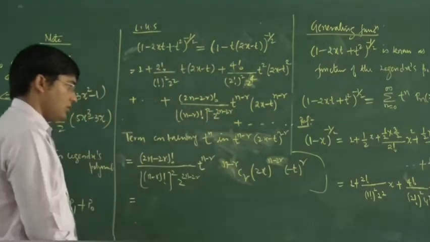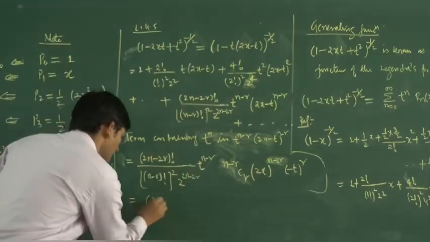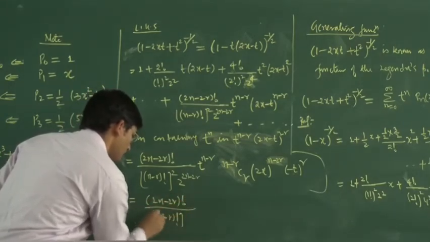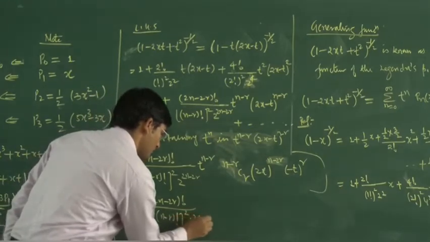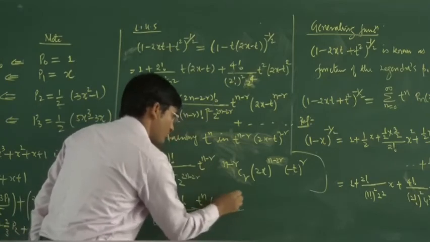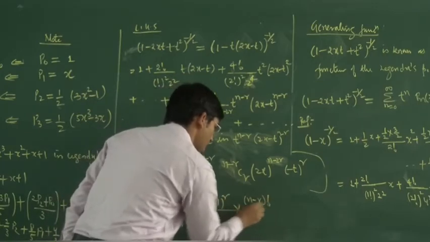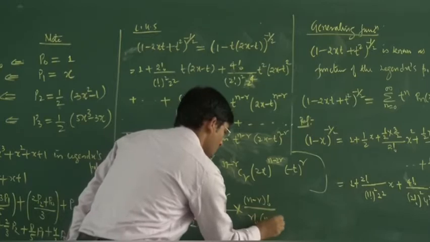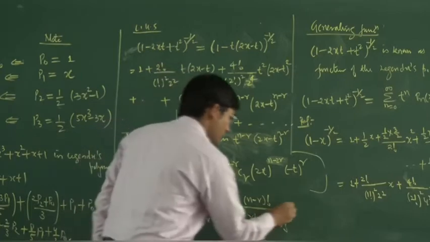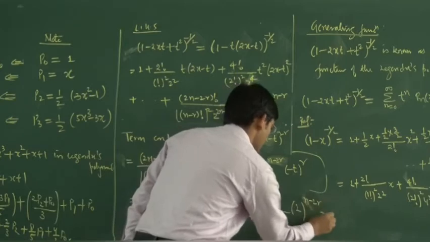Now this is equal to, here you consider this t power r and this t power minus r will get cancelled. So this is equal to factorial 2n minus 2r upon factorial n minus r whole square into 2 power 2n minus 2r. Now this will be your t power n, and we have (minus 1) power r from here. Then your nCr is factorial n minus r upon factorial r into factorial n minus 2r. nCr is equal to factorial n upon factorial r into factorial n minus r. Then here we have 2 power n minus 2r into x power n minus 2r.